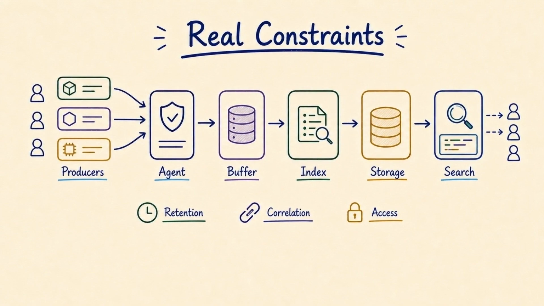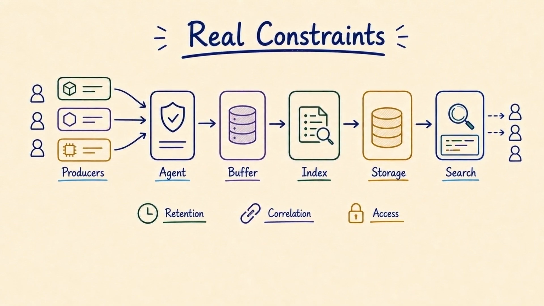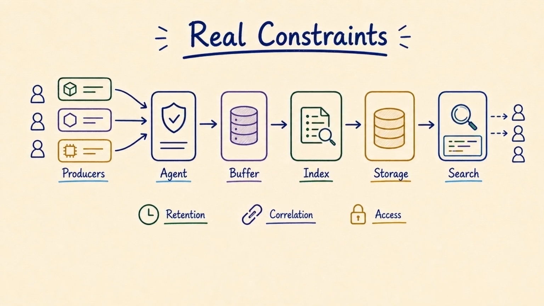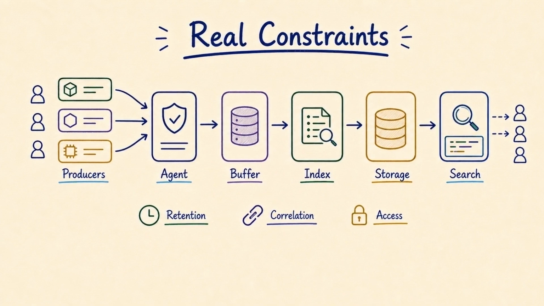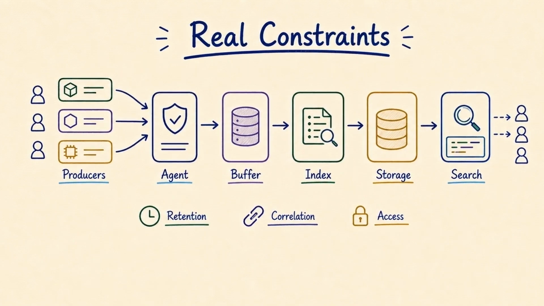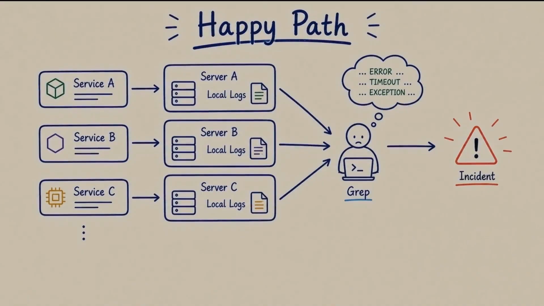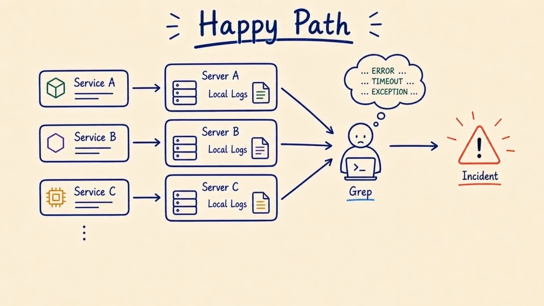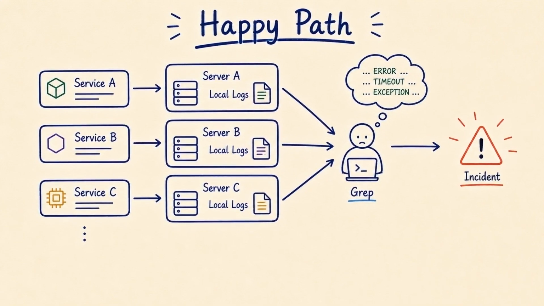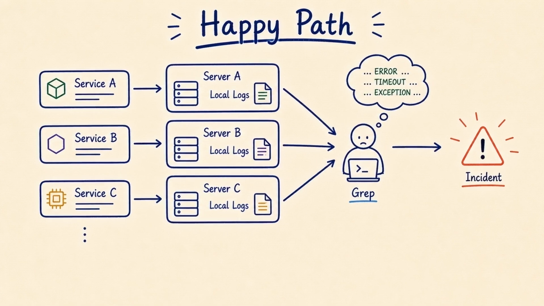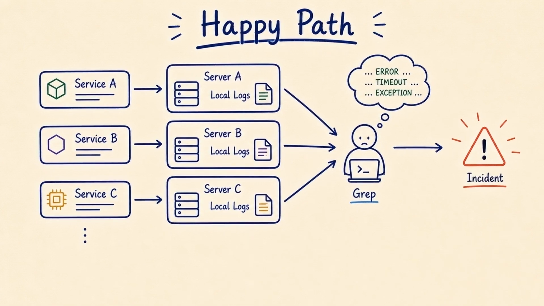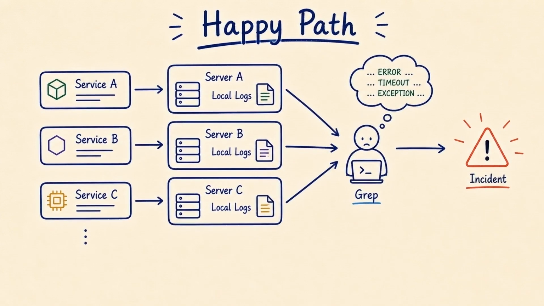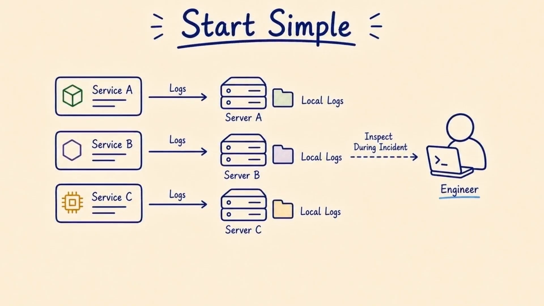This design has to handle log producers, agents, ingestion pipeline, buffering, indexing, storage, search, retention, structured logs, correlation IDs, access control, and cost management, not just a clean demo request. The first diagram usually looks fine because it only tells the happy path story. For this topic, that naive version is usually: each service writes local logs and the team greps around production machines when something breaks. I still start simple on purpose.